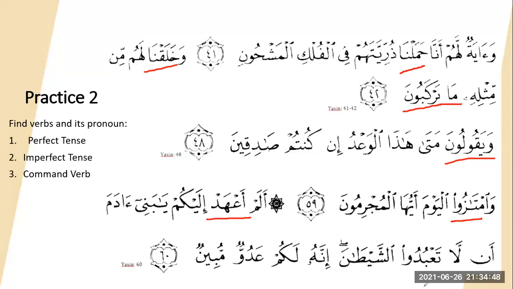Is it always kasrah, Ustaz? Fi'l amr, it depends. You can either take a kasrah or a dhammah, like in tajweed. If the second syllable takes a dhammah, like "unsur", then the hamza takes a dhammah. Nasara, yansuru, unsur. If the second syllable takes a kasrah or fathah, then the hamza will take a kasrah, like "idrib", "ijlis".